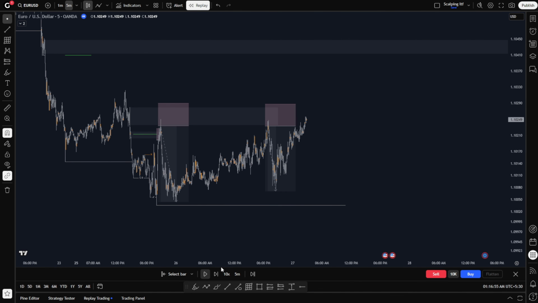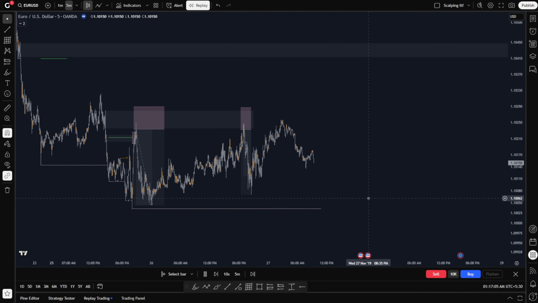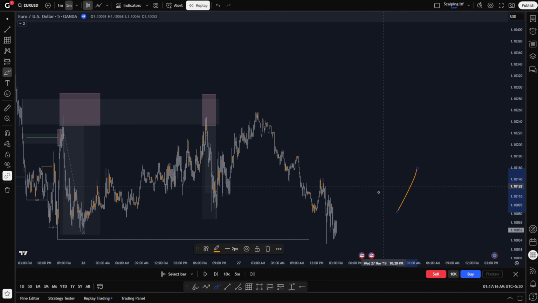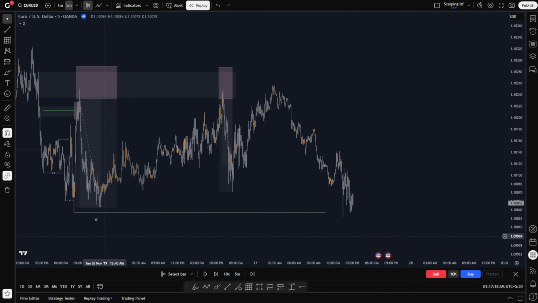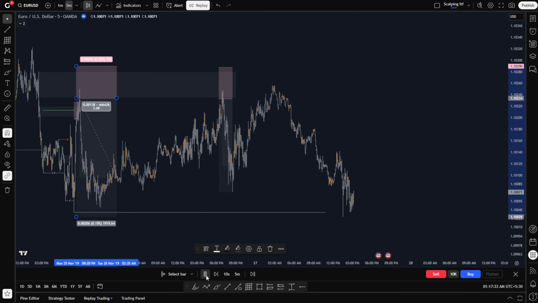Okay, so the market has once again mitigated our order block. So this is 6 a.m. Most probably we won't be taking any trades here. Okay, so this is the expectation. The market can also go up. Okay, so the market has broke this low. This will be usually where we take our take profits. So about 3.5 RR, and about this one's about